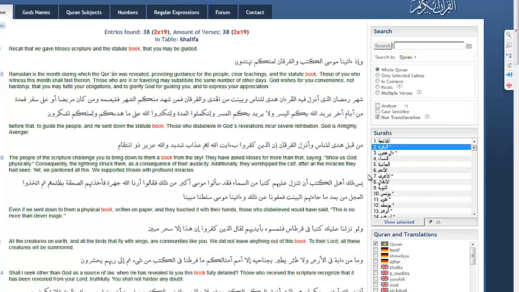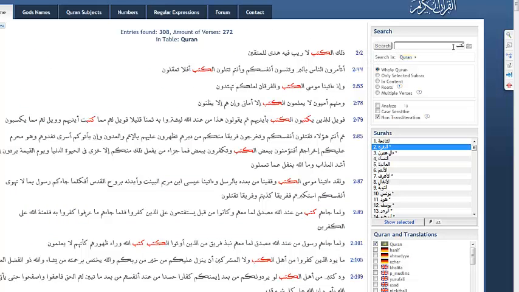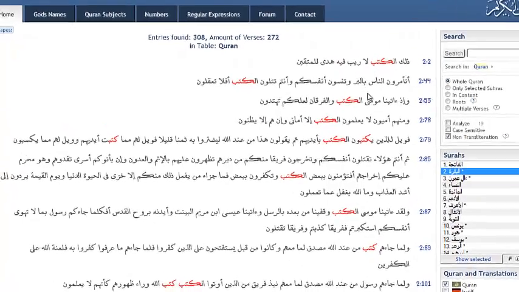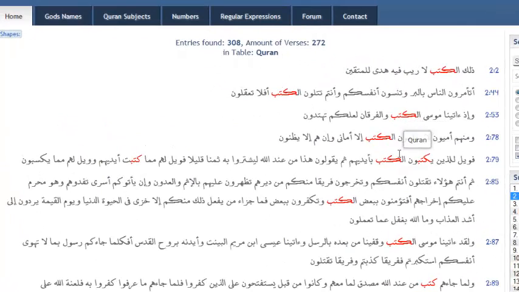our software here is to make researches on the Quran exactly with calculations. That's why it's very important how to write the word. For example, I search again for the word kataba here, click OK. So you see, I found it 308 times, but you see sometimes it is al-kitab or yaktubun, it's within these